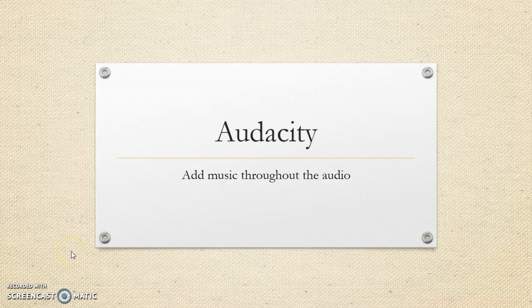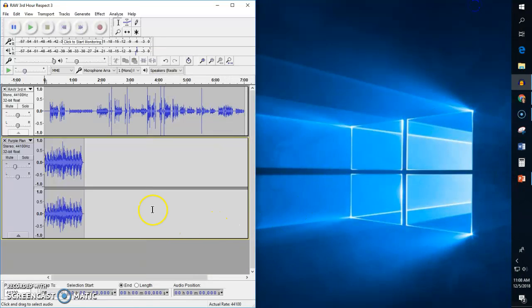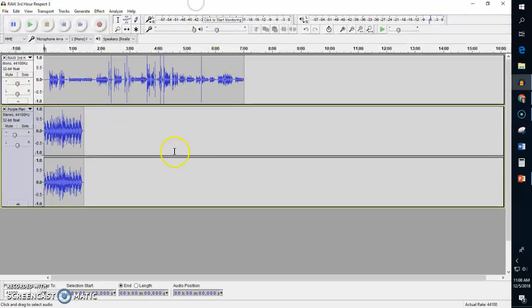In this video, I'd like to show you how to use Audacity to add music that goes throughout your audio. And so in order to do this, you want to make sure that you've already added music to a track that you would like to have music. And so here in Audacity, I have my main track, which has students talking about what the word respect